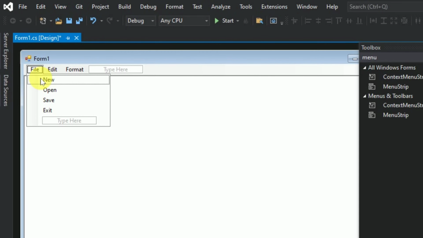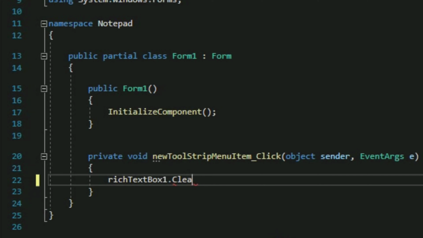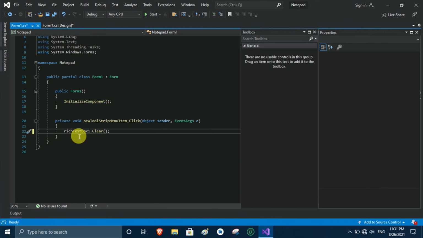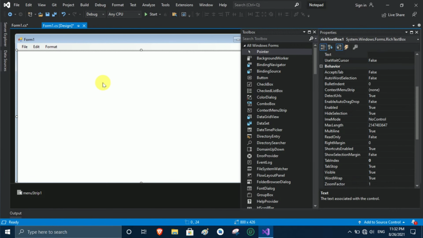First I click on file, then double click on new, and then this code will appear. So we have to write here rich text box 1 dot, and here you have to write clear and parenthesis. Okay, and then semicolon. Okay, so you are thinking that why I give rich text box 1, so I will show you here.